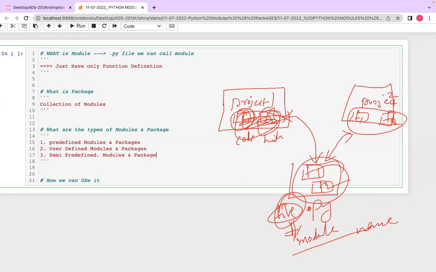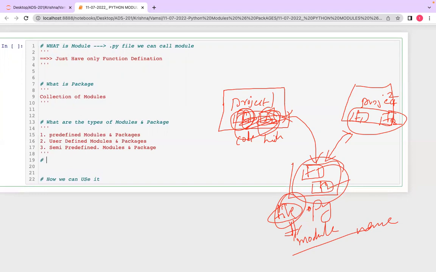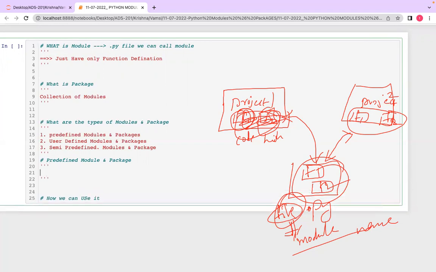Okay, let's look at the predefined model and package. Predefined model means what? What does it mean, predefined model? Predefined model means the model is available in Python IDE.